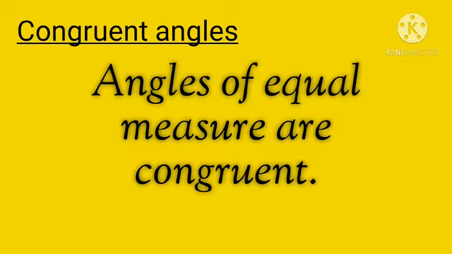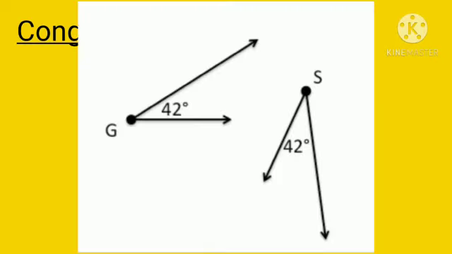Now, what are congruent angles? Angles of equal measures are called congruent angles. In the given figure, angle G and angle S both are of the same measure, that is 42 degrees, and hence